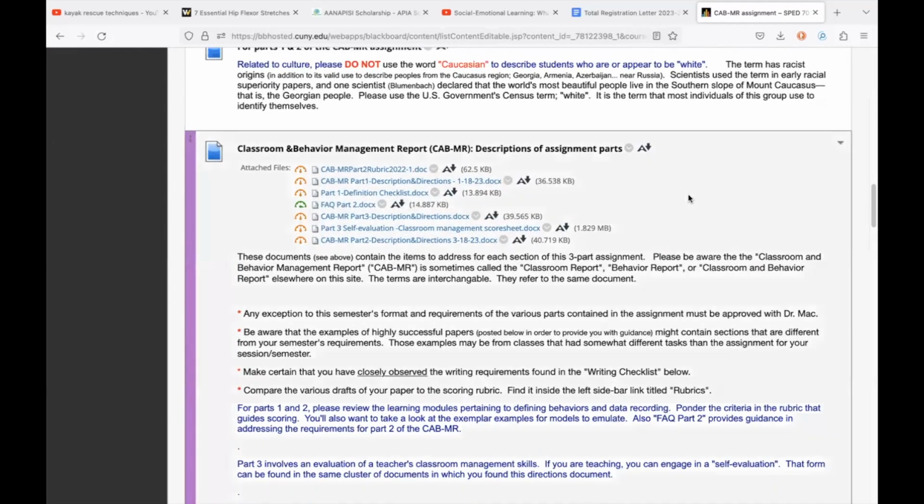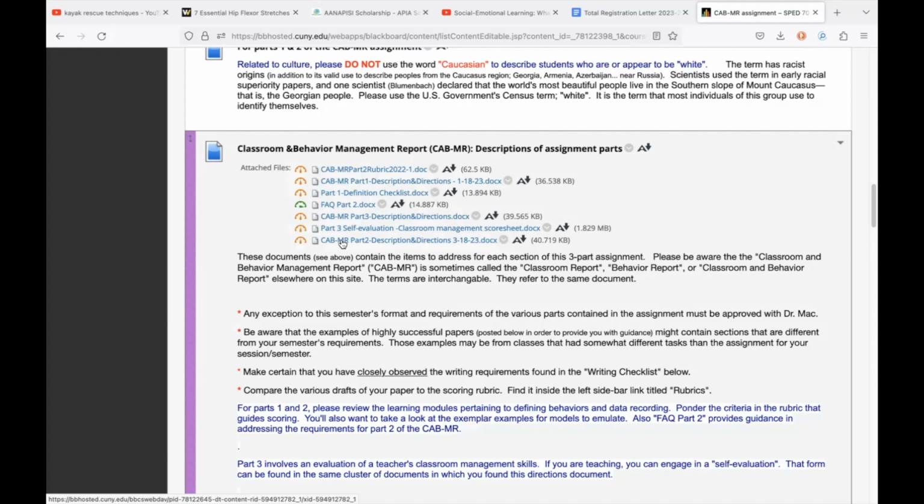And then there's the description of the assignment parts, the three parts. We're looking down, there's frequently asked questions about part two that perhaps we have some questions, it's been addressed in there. But they're down there at the bottom because Blackboard won't allow me to place them in sequence.